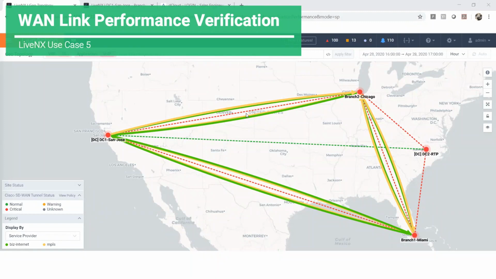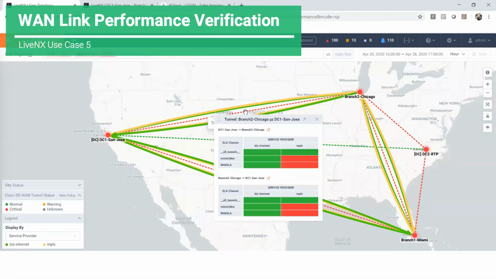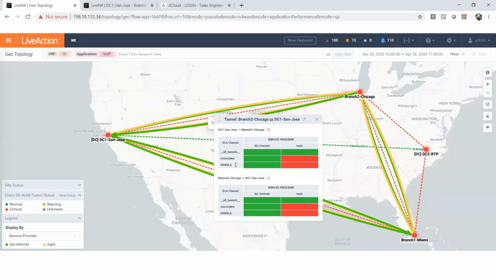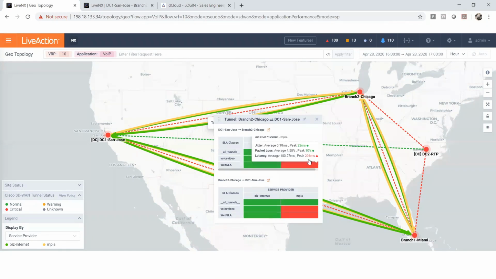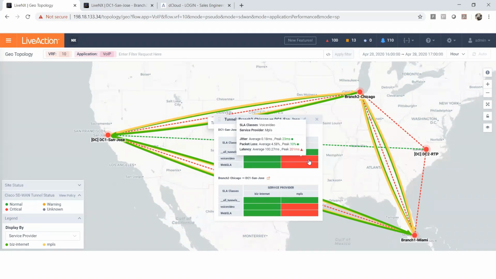Click on the red dashed line between the two sites. You can see the performance per service provider of the VPN tunnel. Notice that the business internet path is green for each of the SLA classes, but the MPLS is having very high latency of 201 milliseconds, which violates the voice video SLA class threshold, explaining why the VoIP traffic takes two different paths. By clicking on this button here,